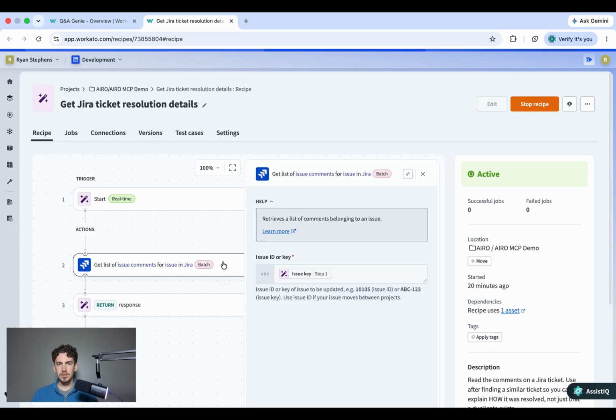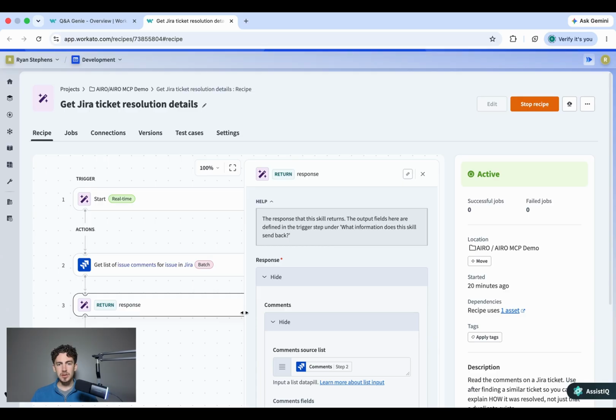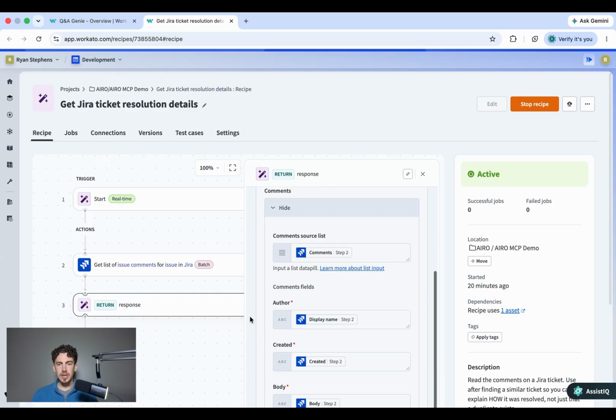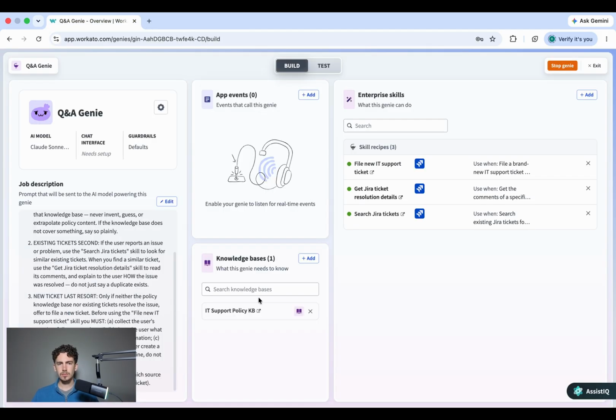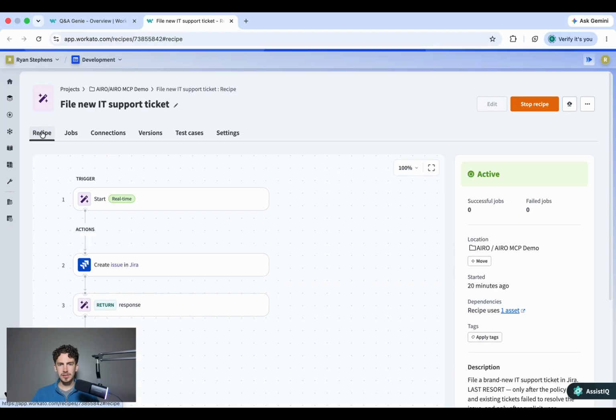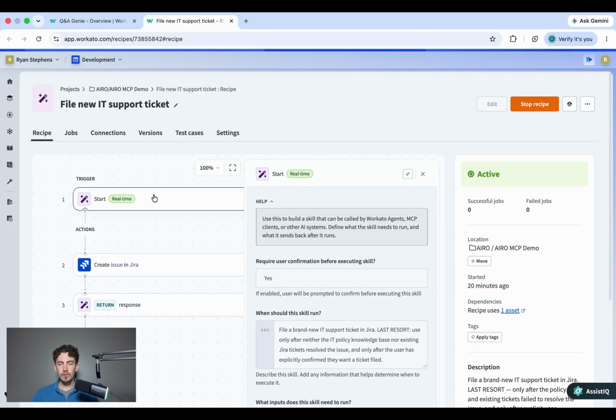Step 2 fetches the comments. One field to configure, the issue ID or key, which is the issue key parameter from the trigger, passed straight through as a data pill. Step 3 maps the list back onto the schema. The comments from step 2 are the source list, and each comment's author, created date, and body are wired field by field. The third skill is the one that writes to JIRA, and its trigger is where the confirmation gate